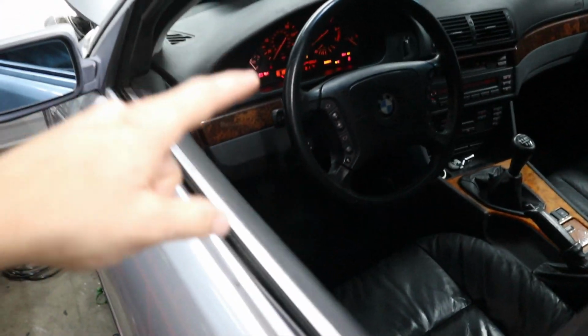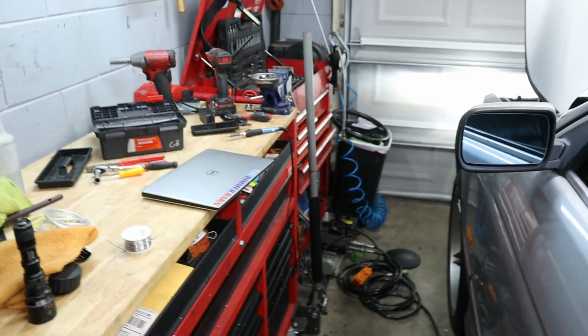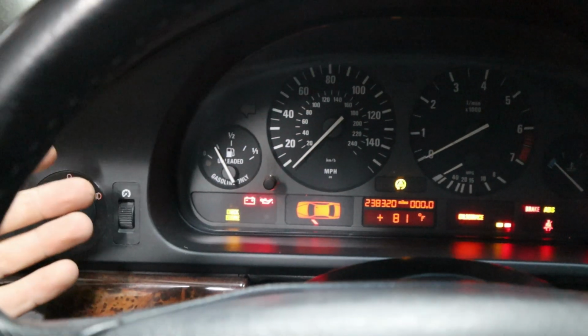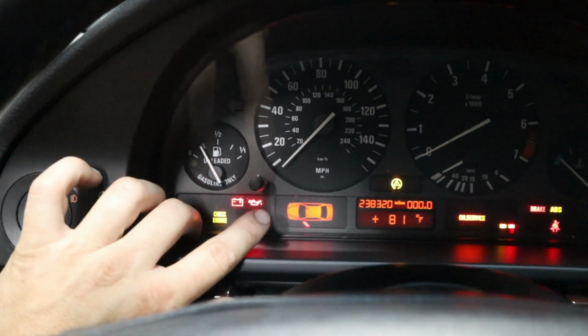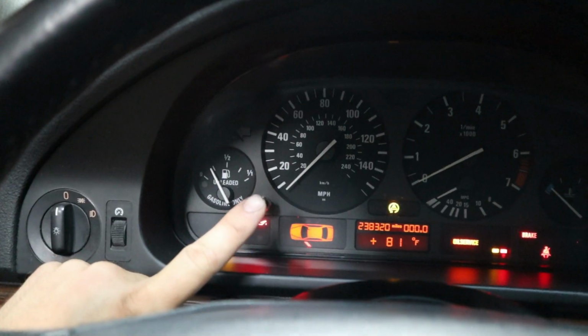Okay, so knowing that all these bulbs work, we can go ahead and scan the fault codes and see that it's probably just looking for a xenon. So let's go ahead and pull the computer out. And actually, look at this. After turning the headlights on, the bulb warnings actually go off. So I'm pretty confident that these are the low beam xenons that are giving us a fault, but let's